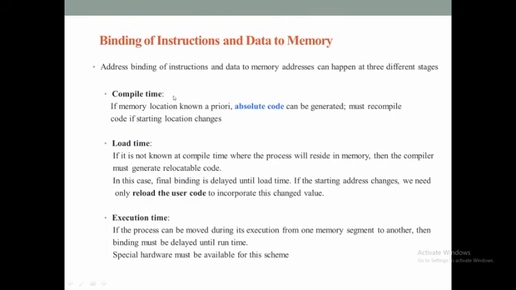So suppose the programmer knows the exact starting address where the program is going to be loaded, then the actual addresses might be used in the program. In that case, absolute code will be generated. So that is called compile time address binding. Okay, but the problem here is, in case the starting address changes, then the OS has to recompile the entire code, because every part of the code is dependent on the actual address. So if the starting address changes, all those other addresses also have to be recalculated.